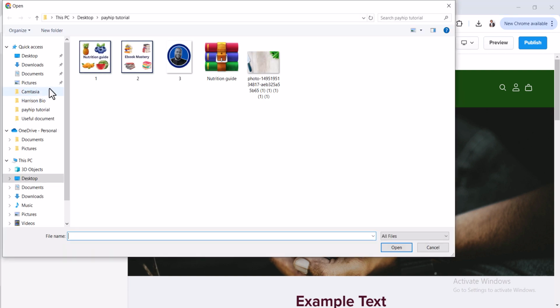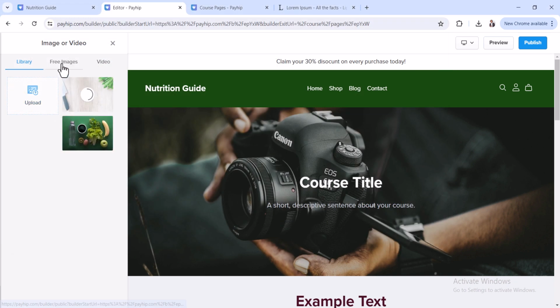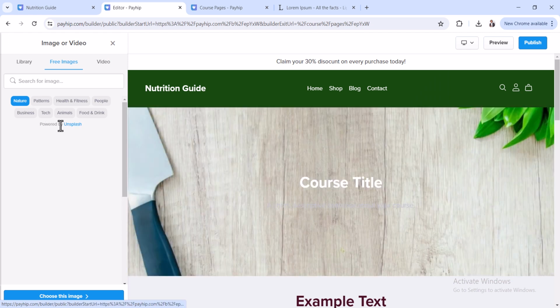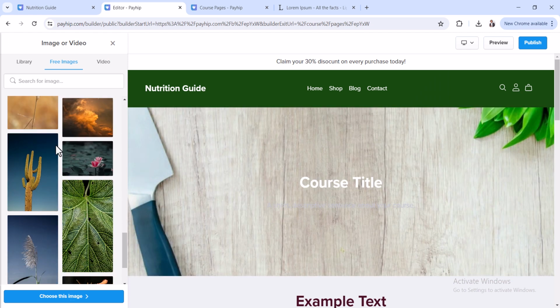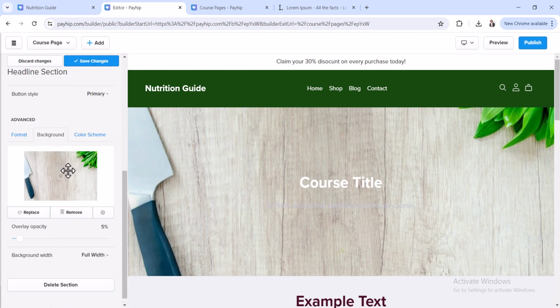Now when I click on upload, I would choose the right image from my PC. And again, you can simply use the free images right on Payhip. There are loads of free images, but in this case, I'll simply upload that from my PC, and then I'm going to click on choose image. So now you can clearly see we've successfully changed this, but I'm going to increase the opacity a little bit